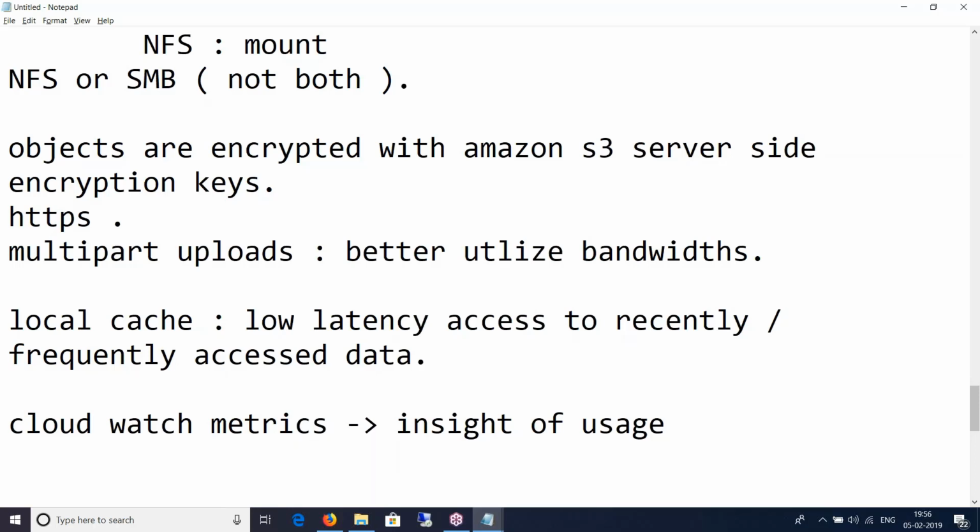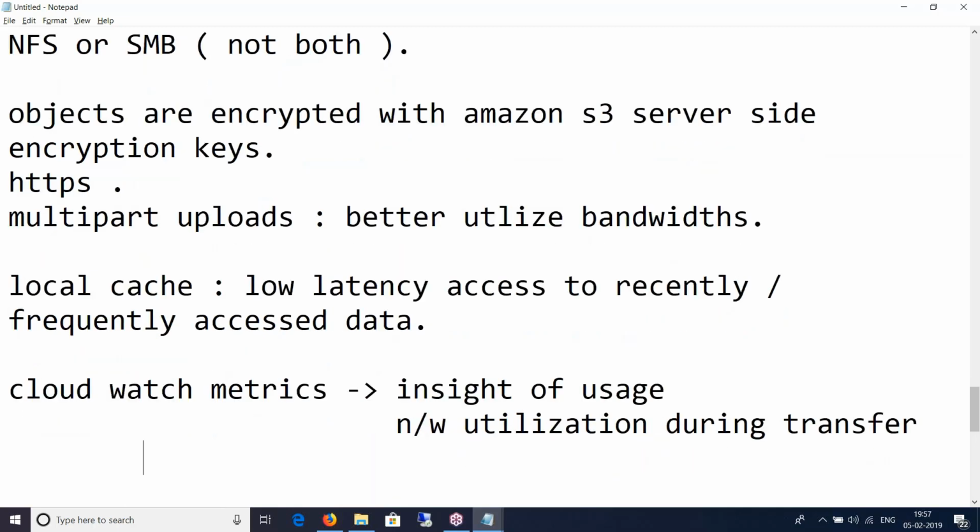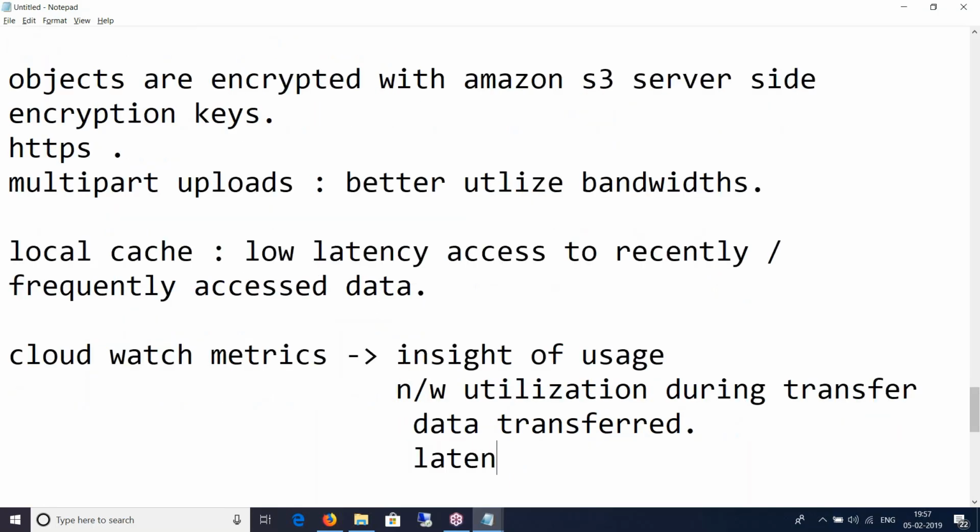They'll also tell about the network utilization during transfer, right? And if you configure it further, you can also have the data transfer latency for the applications configured.